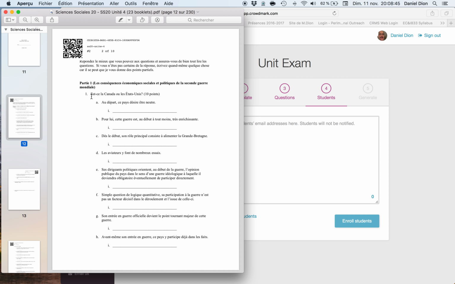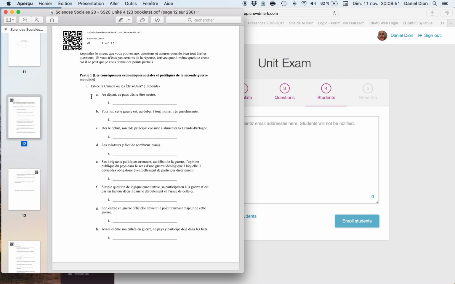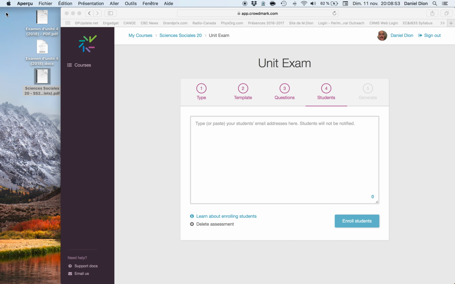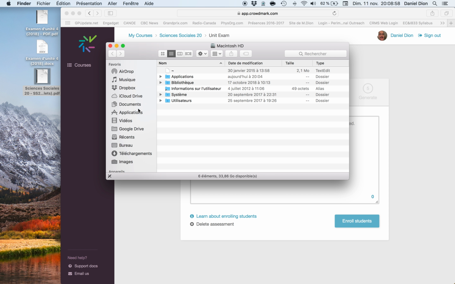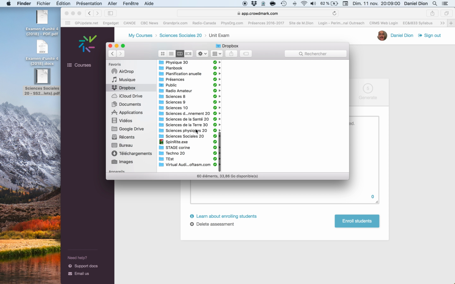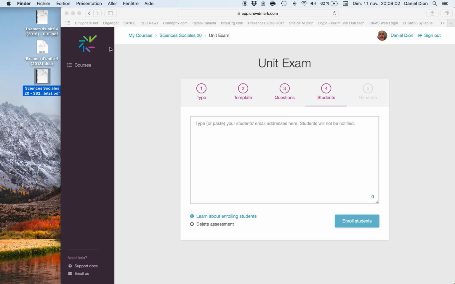So you'll print off this exam, give it to your students, they'll do the assessment, and they'll give you back the exam. Once the exam is handed in, you'll scan the exam. I've got to find my scan. I don't think I have my scan on here, but you'll scan the